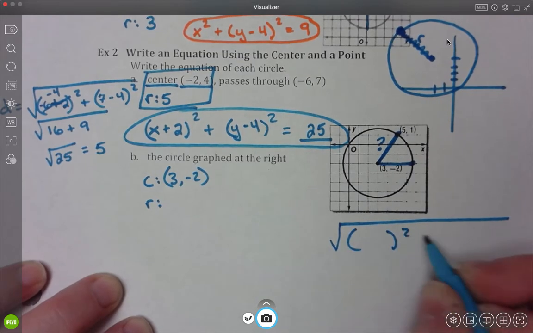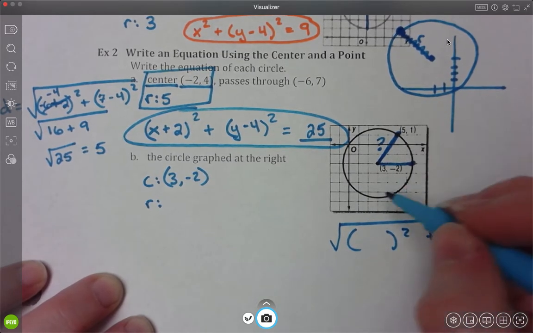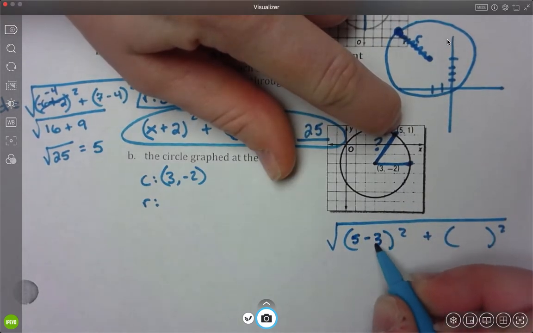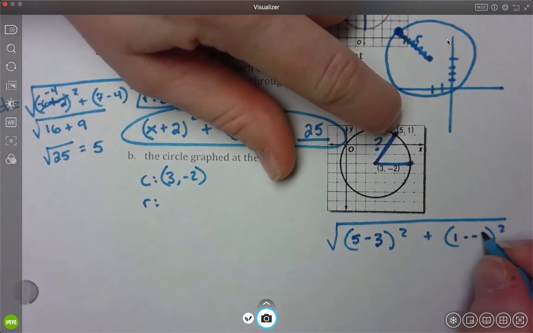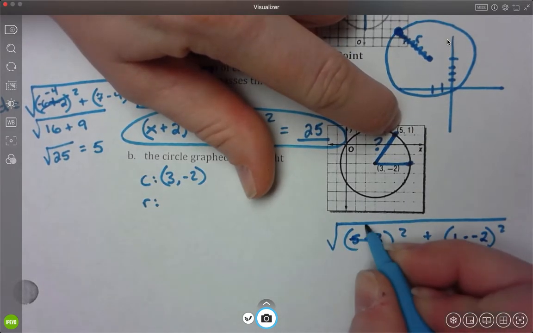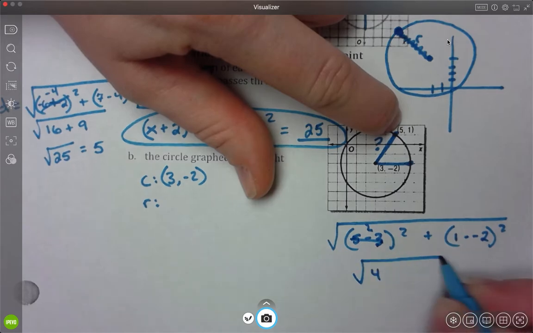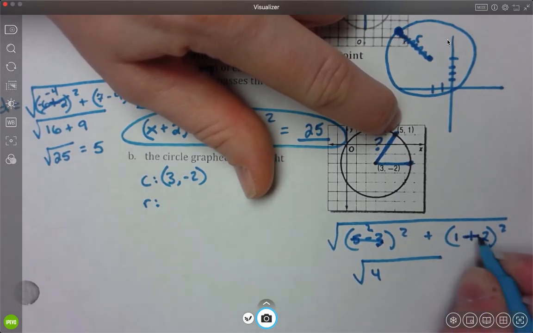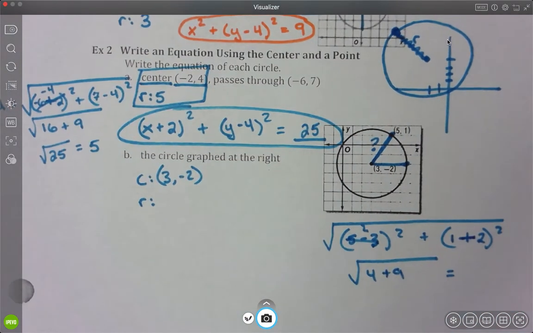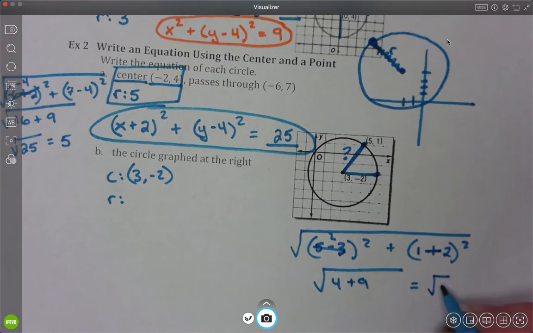Distance. I need x2 minus x1. Let's go ahead and say x2 is going to be 5. So let's do 5 minus 3 and 1 minus a -2, or 1 plus 2. Okay, 5 minus 3 is 2. 2 squared is 4. Okay, plus 1 minus a -2, or 1 plus 2, is 3. 3 squared is 9. Okay, now 4 plus 9 is 13, and this guy will be the square root of